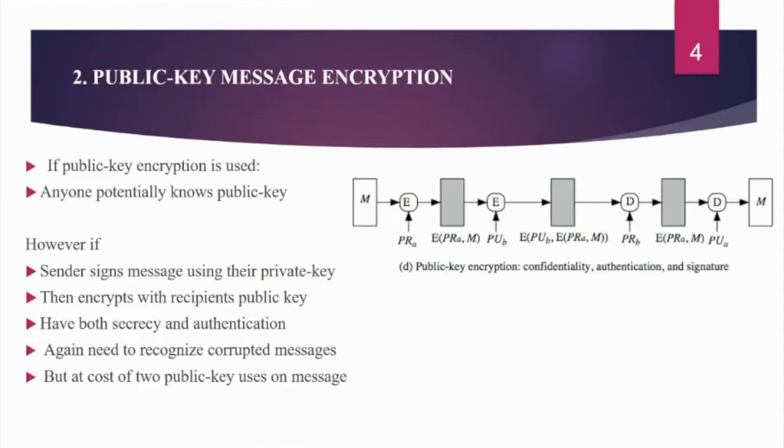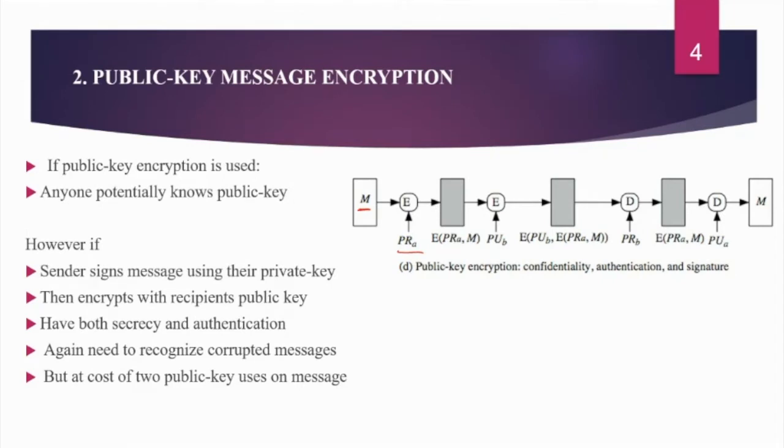The same applies with the public key message encryption scheme. In the last video, related to RSA, we saw how public and private key pairs can be used to achieve confidentiality as well as authenticity. In that we saw that if we encrypt the message with the private key of the sender, only the public key of that sender will open the message.